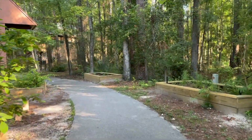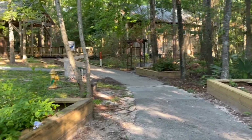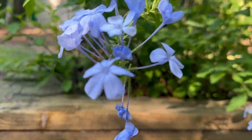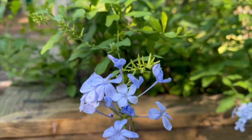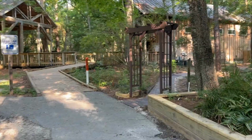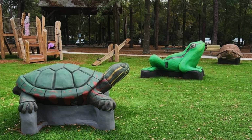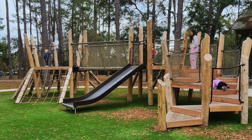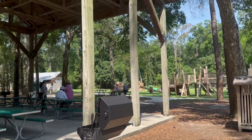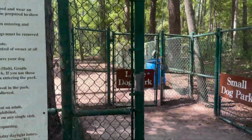Tillie Fowler Regional Park is a 509-acre oasis in an otherwise crowded urban area. The park has a playground, picnic area, dog park,